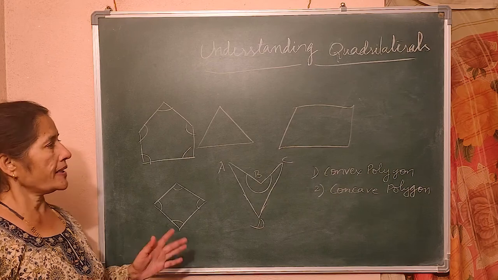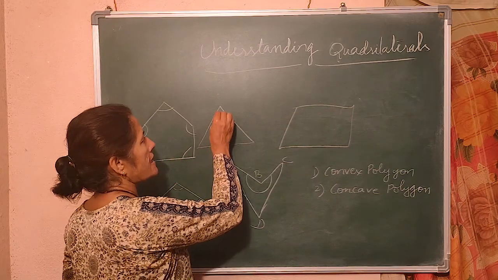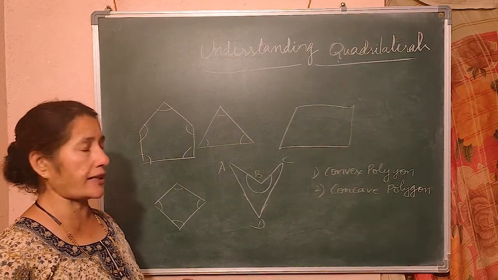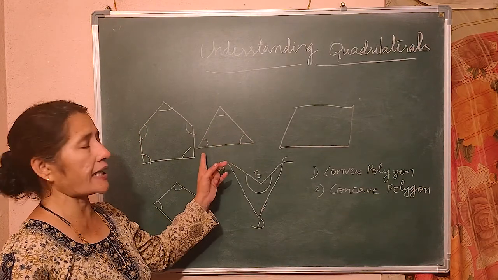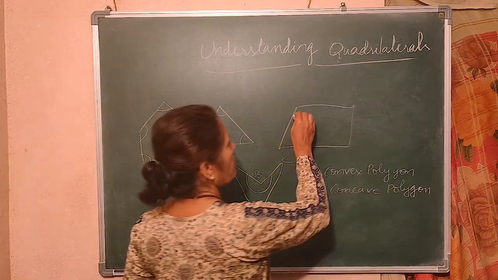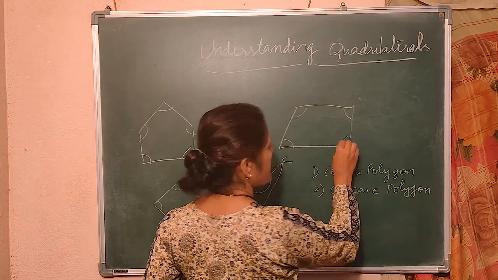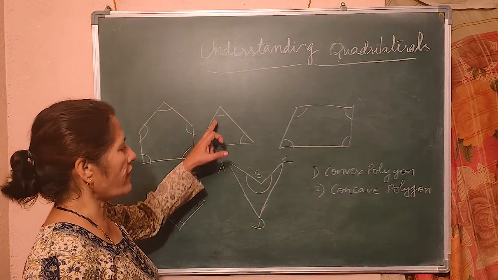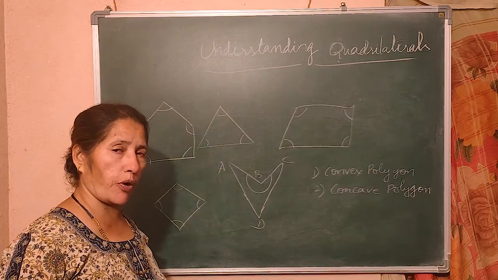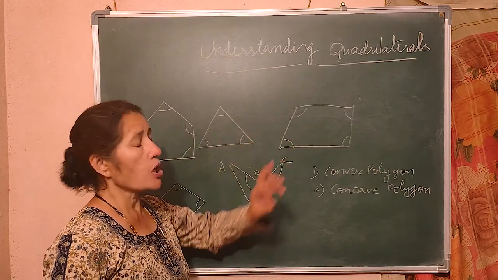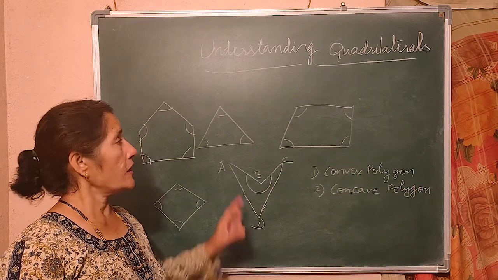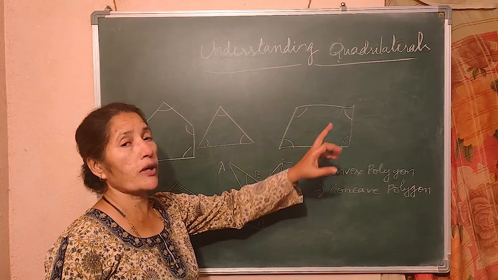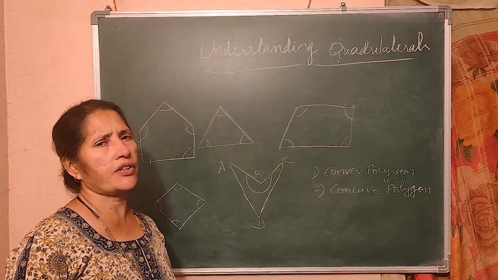Do you agree? Yes. Here you see the sum of the three angles of a triangle. You have studied it right from 4th standard or 5th standard. The sum of the three angles of a triangle is 180. The sum of the four angles of a quadrilateral is 360. Isn't it? So, whenever I talk about the convex polygon, I know about quadrilateral and triangle. The sum of the three angles of a triangle is 180. The sum of the four angles of a quadrilateral is 360.